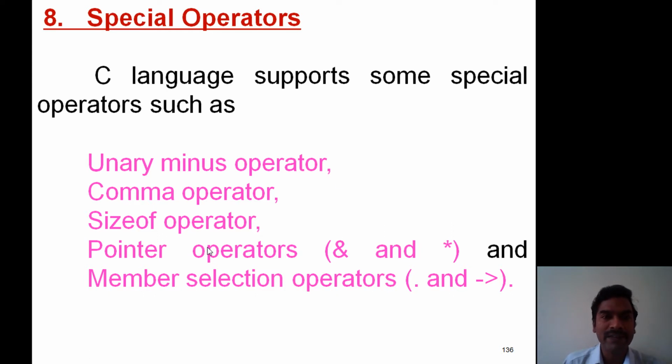Now these are all individual operators and they are used for different purposes. At this stage, we consider unary minus, comma and sizeof operators. Later, in other concepts, pointers and structures, we discuss pointer and member selection operators.